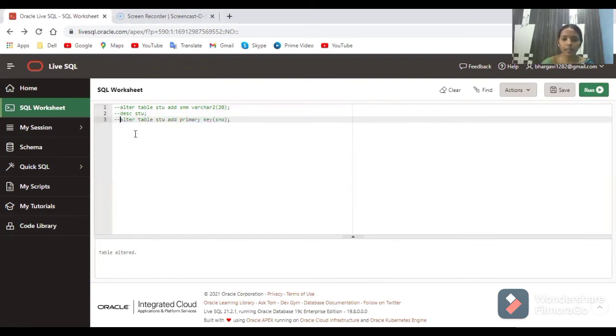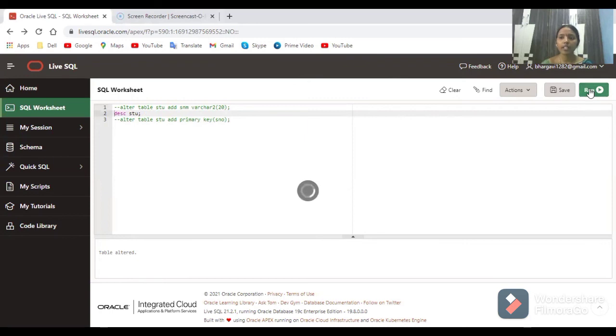Now put this in a comment section and open describe student. If you write describe student, we'll check whether the primary key is added or not. Now look here. In the student number, what are you getting? Not null. That means this column should not be null. It should have unique values. Okay. Now whatever primary key I added here, I want to delete this primary key. Not the column I'm deleting. I'm deleting the primary key constraint. That means I'm dropping a constraint.